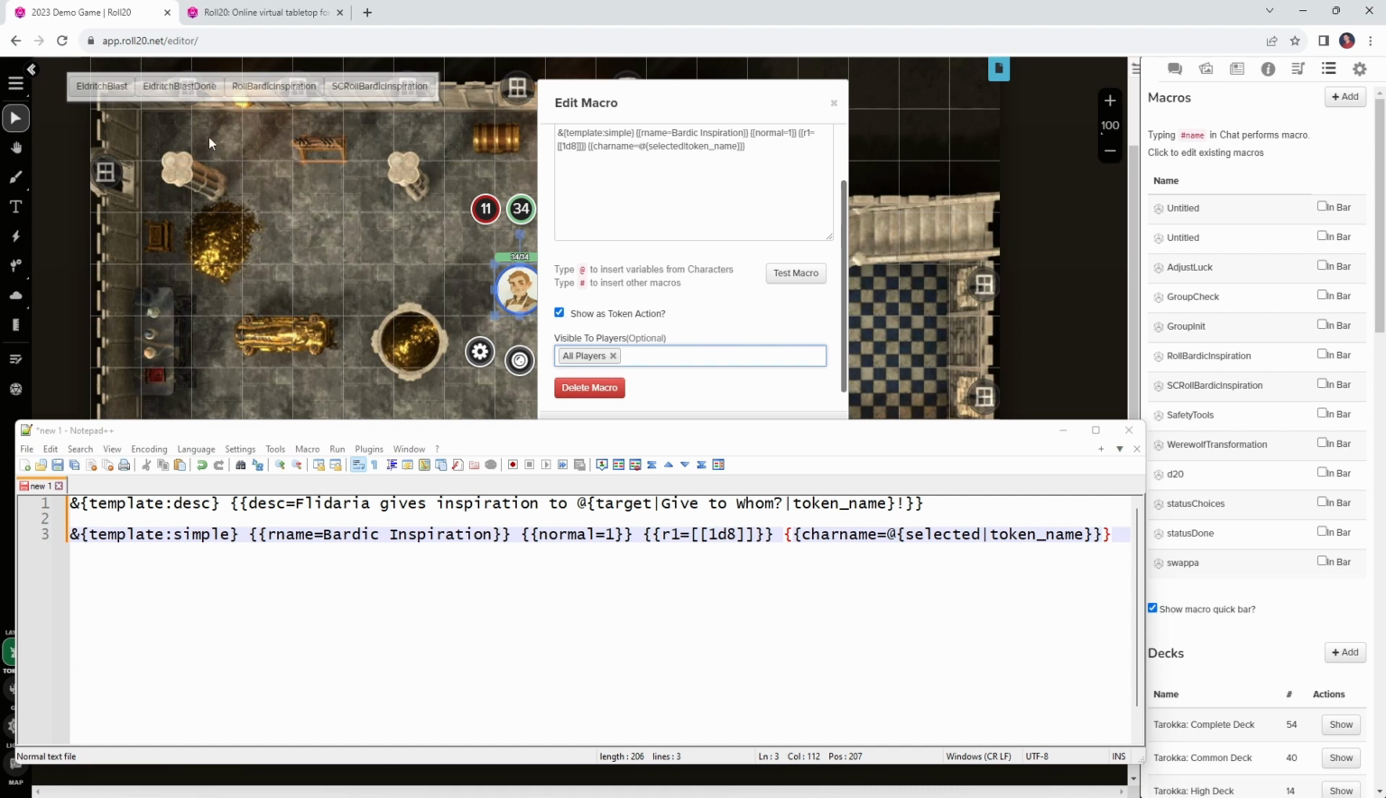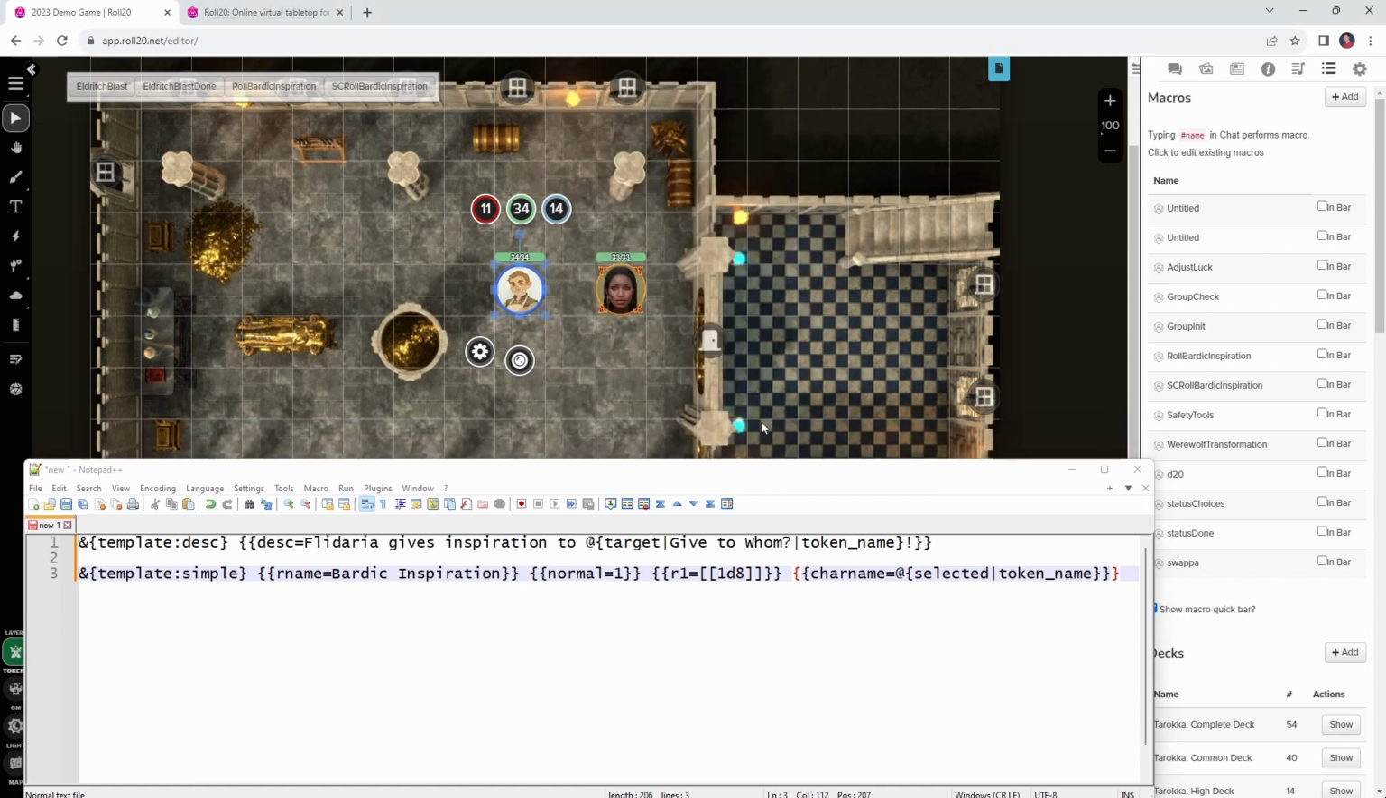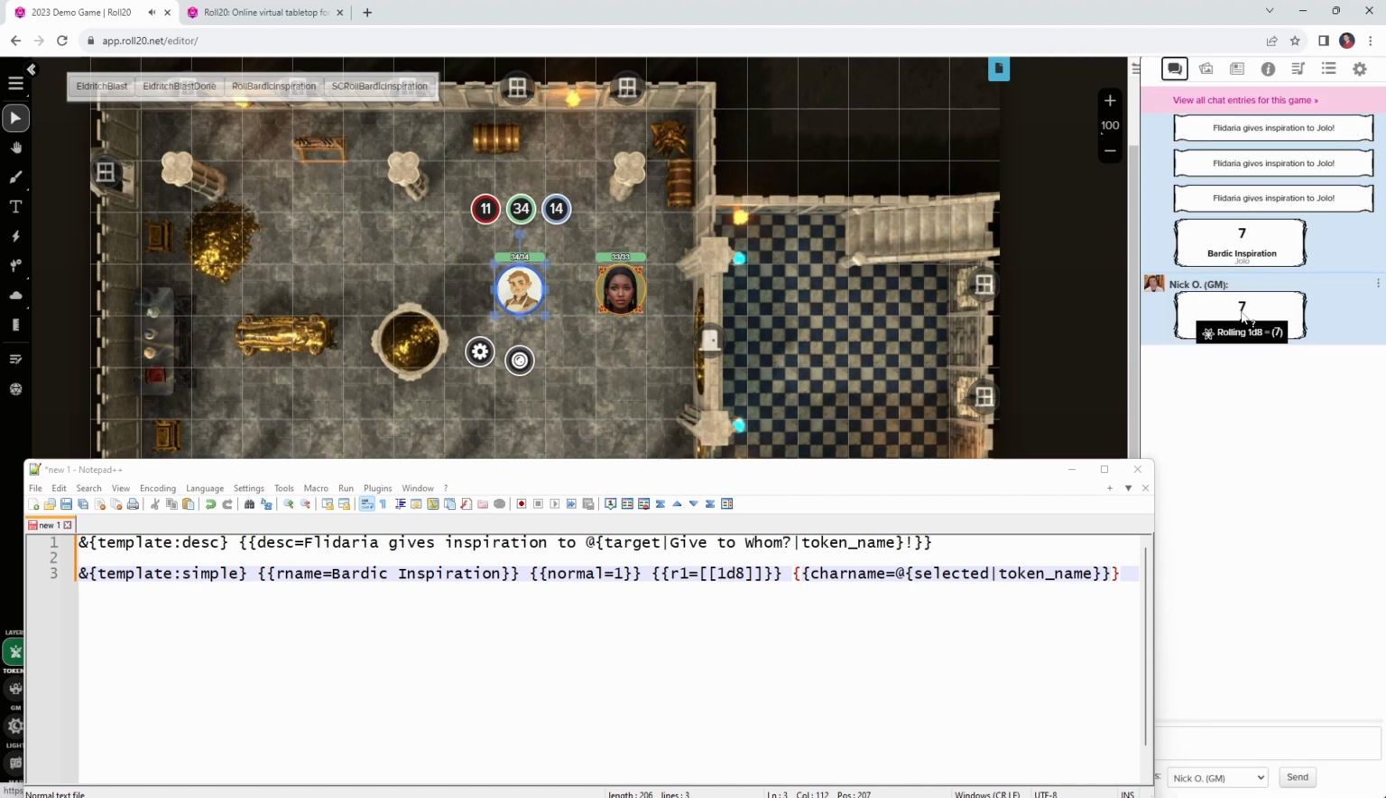That's what's going to make it so that it pops up here in Jolo's toolbar when he has his token selected. So now we'll save our changes, and anytime that Jolo wants to use Bardic Inspiration, he can just say roll Bardic Inspiration, and he gets that